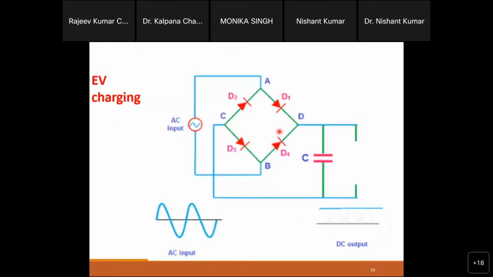And still in India you will see many cheaper chargers available in the markets, based on four diodes and one capacitor. A diode bridge rectifier takes the AC power from the grid and converts it into DC, and then definitely this is pulsating power, so you will see pulsating current here. Just attach one capacitor, so that the current is more or less approximately DC, and you can charge your battery and everything is okay for you.